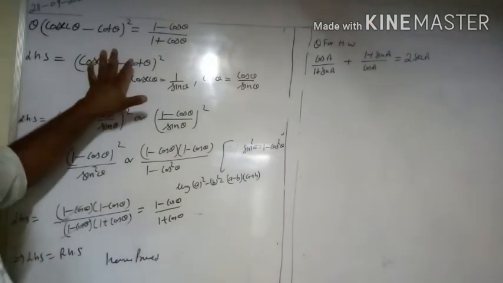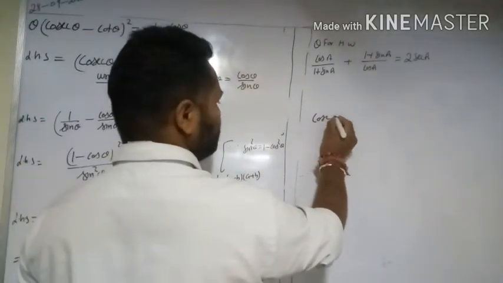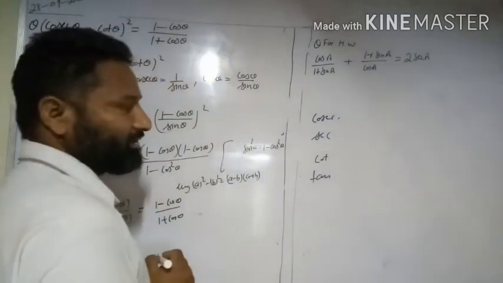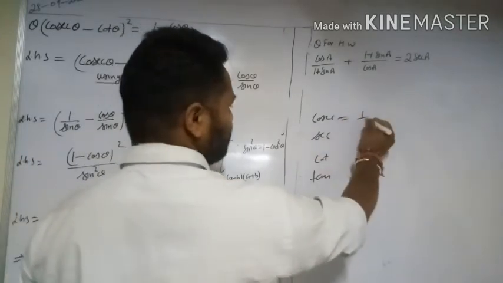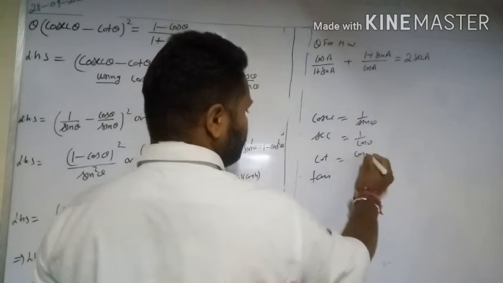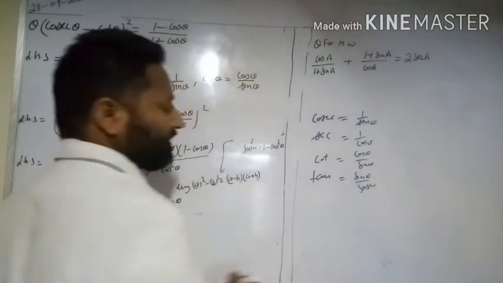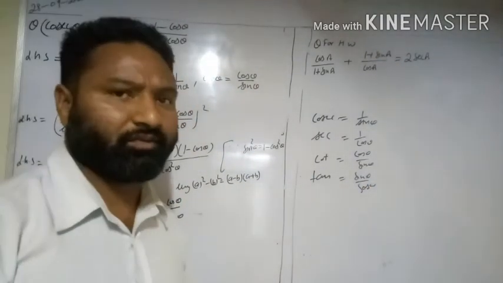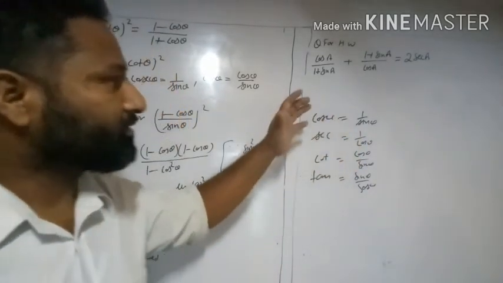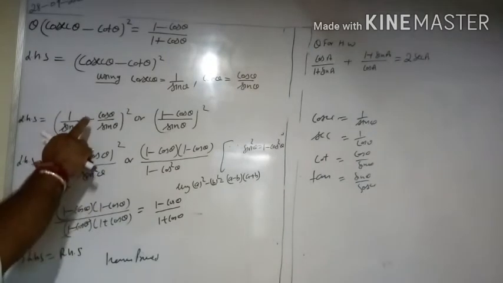Now see here, one important rule is there. When we see cosec, secant, cot, tangent in the question, then always in cosec we can write 1 upon sin theta, in secant 1 upon cos theta, in cot always write cos theta upon sin theta, and in tan sin theta upon cos theta. This is one of my short rules for the students. Otherwise students are most of the time confused about what to do where. It means in this question we have to make all the things in the form of sine and cos. So let's see here how I use these things.